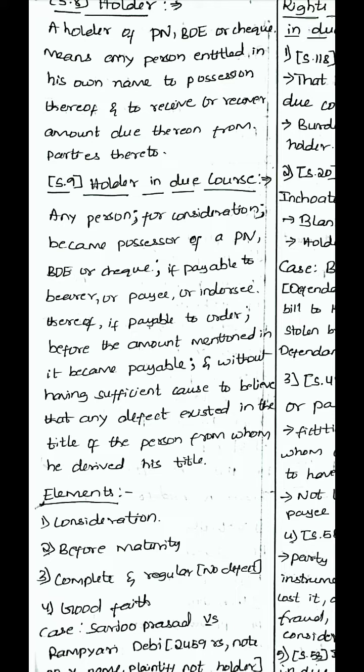Section 9: any person who has taken it for consideration and become the possessor of a promissory note, bill of exchange or check. So any person, after paying some consideration, became the possessor of that instrument, and it is payable to bearer or payee or endorsee, or it is payable by order. Before the amount mentioned in it became payable, so before it expires, he became the possessor of it, owner of it,